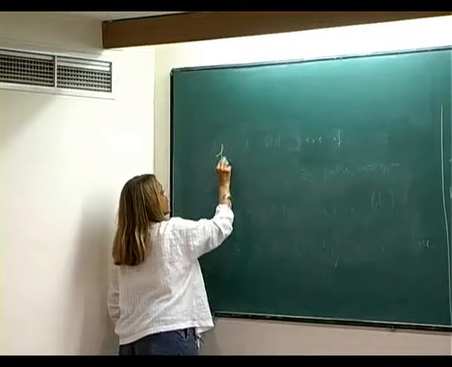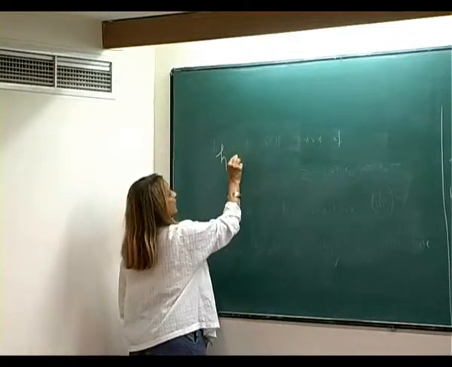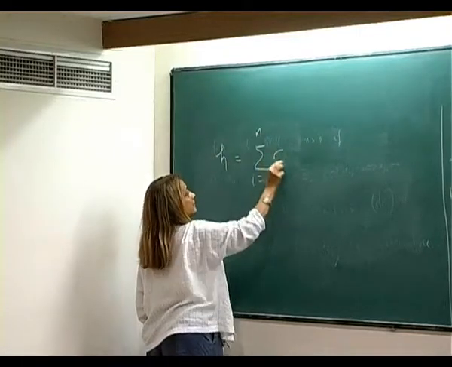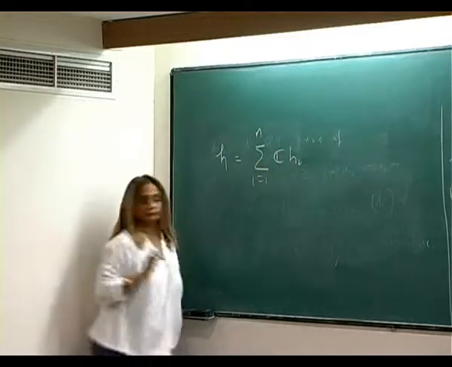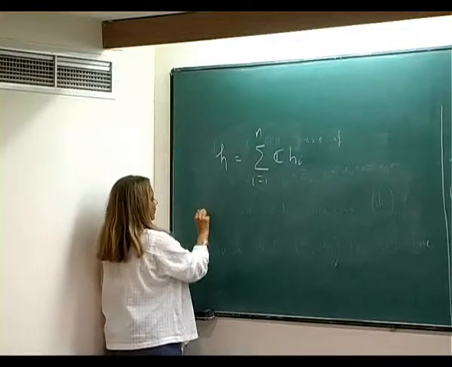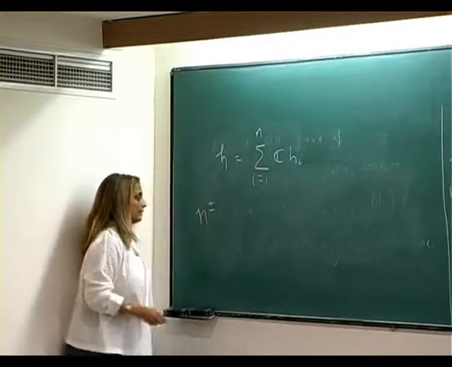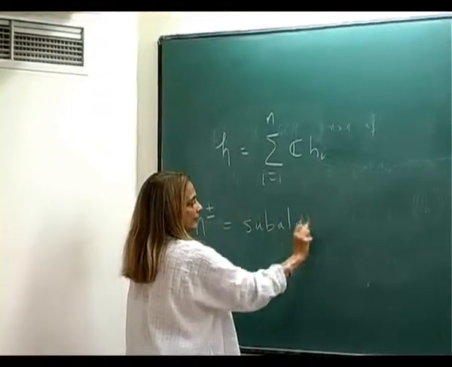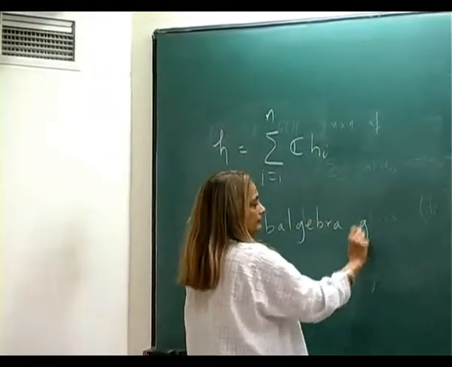So what is our Cartan subalgebra going to be? It's going to be H equal to the sum from i equal to 1 to n of C hi. What is n plus or n minus going to be? This is going to be the subalgebra generated